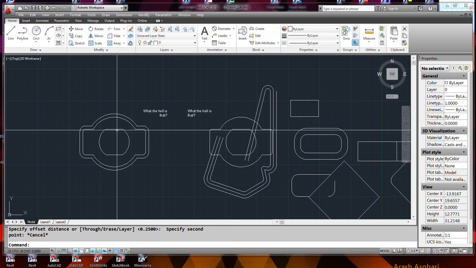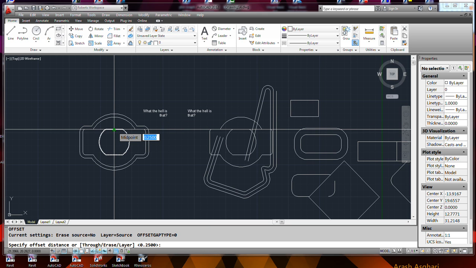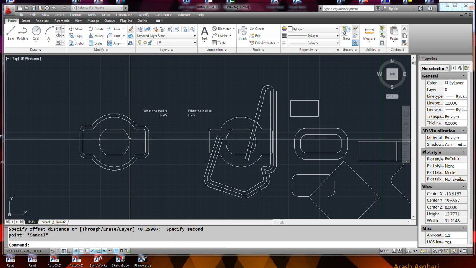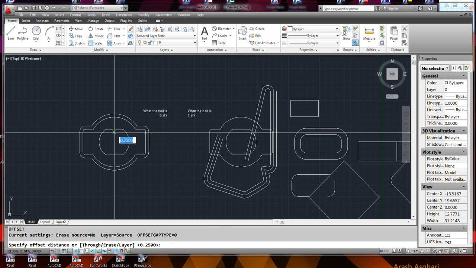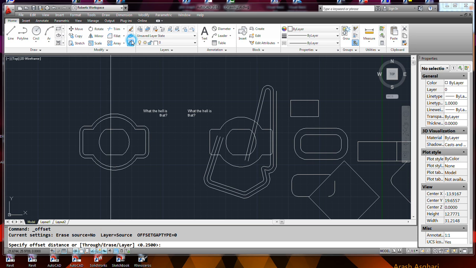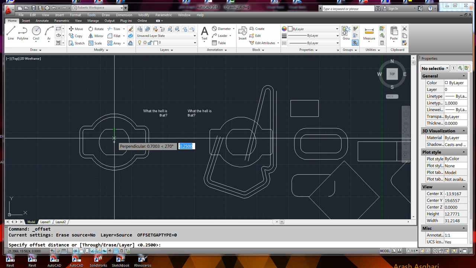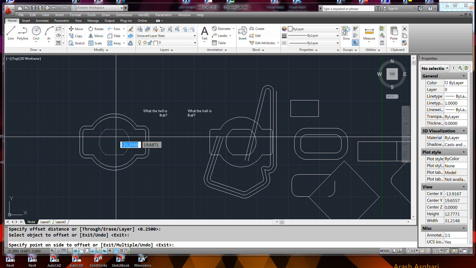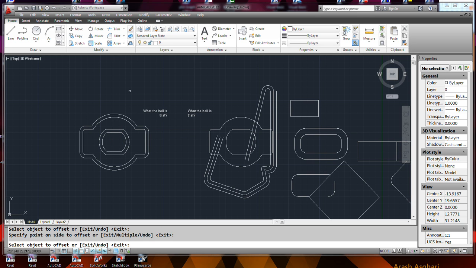What the hell is this thing doing? Why isn't it asking me for an object to select? I'm fine with the distance. Okay, anyway, I guess it just automatically asks you for the distance every time first, so you gotta double click it or whatever. Anyway, and now let me see what happens with